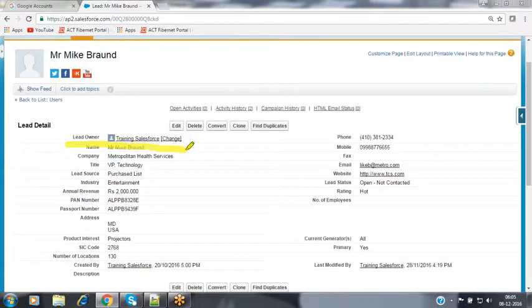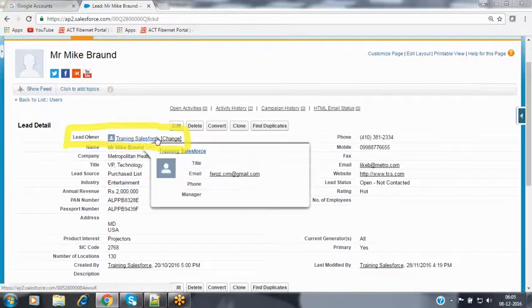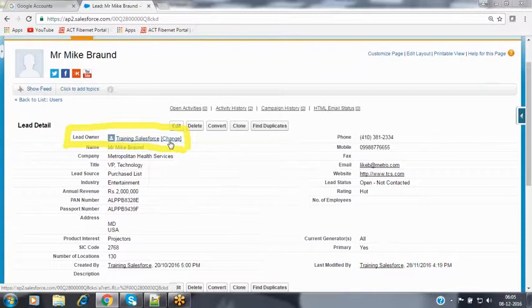Owner means a user. Go to the lead owner field. Beside it, it indicates that Training Salesforce is the owner. Beside that, you will have an option called Change.